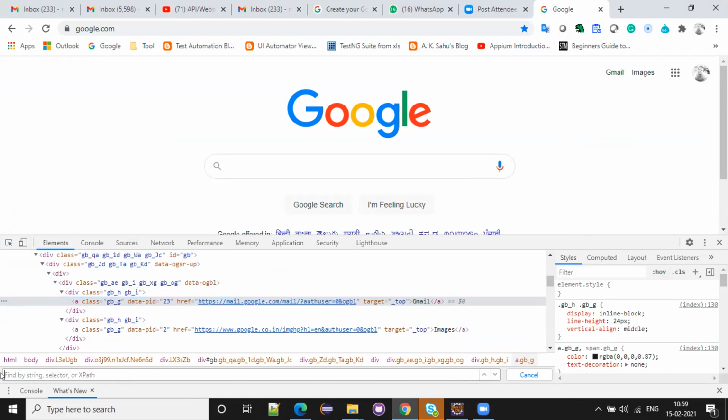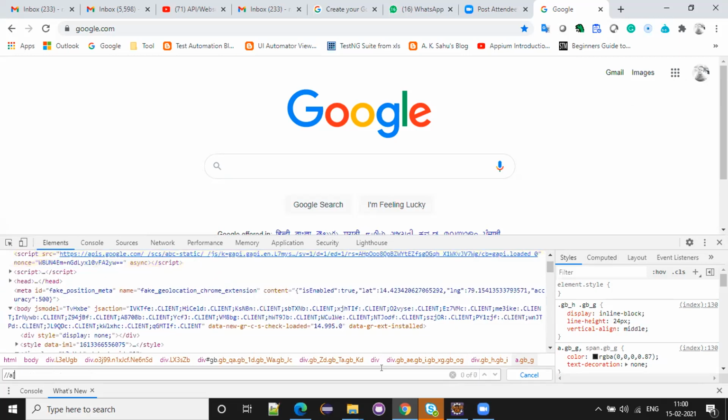By seeing, you should understand which is the unique thing. Gmail is the unique, right? The link, data PID, that is a number might be. Gmail, this is the text, right? So here I will use Gmail. So contains.